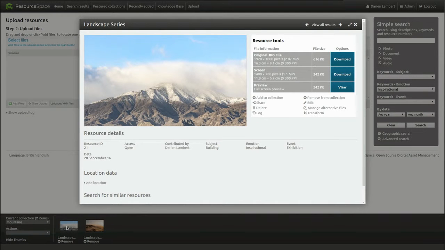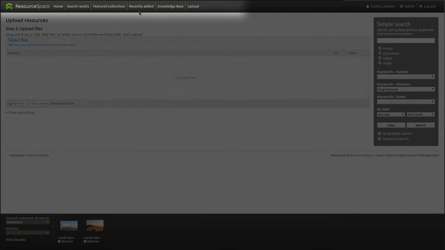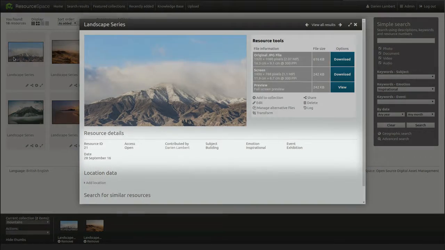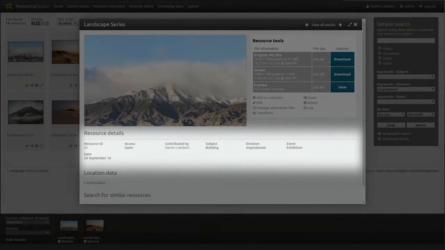As we're an administrator, the resources we have just uploaded go live immediately and can be found by clicking Recently Added at the top of the screen. Resources uploaded by non-administrators will require administrator approval before they go live. When we click on a resource, we're shown all the available metadata for that resource and also a list of